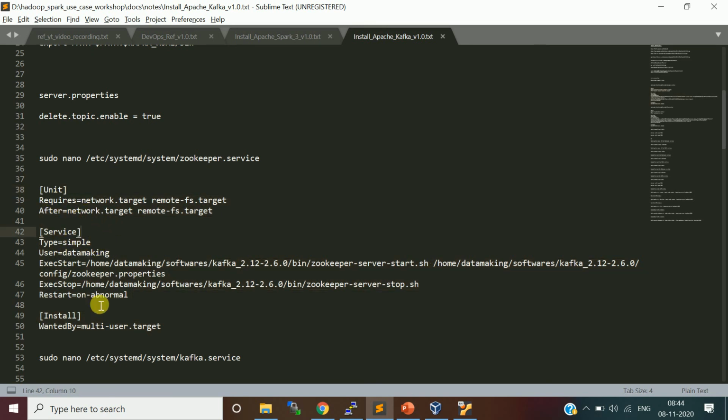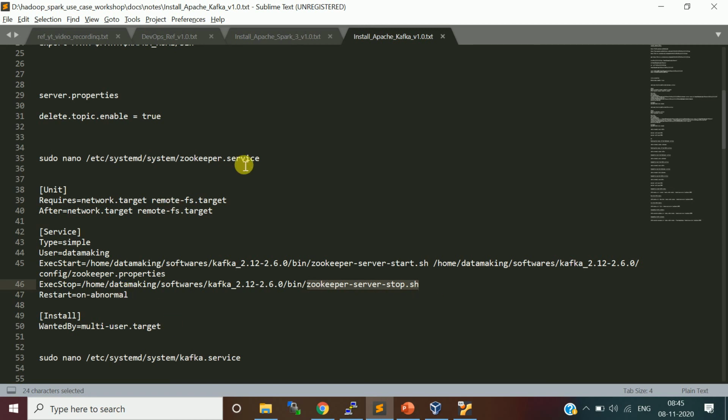You will have Unit, Service and Install sections. In the service section, you provide what type of service, which user it has to use, and which script it has to start. For ZooKeeper, we start zookeeper-server-start.sh with the ZooKeeper properties configuration, and to stop it we run zookeeper-server-stop.